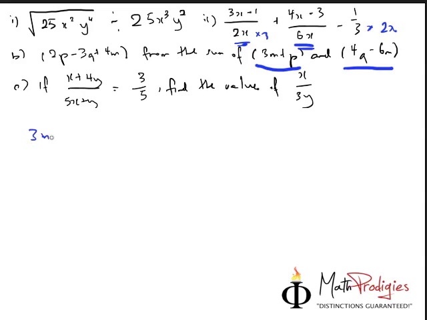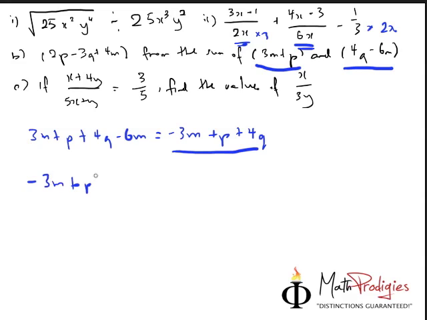So 3m plus p plus 4q minus 6m is going to give you what? You get the sum first, and you will get 3m minus 6m gives you minus 3m, plus p plus 4q. That's it. Okay, so this is the answer for the sum. So subtract this from the sum. From means what? Which one do you minus first? Subtract this from this. Therefore, you actually take minus 3m plus p plus 4q, because they ask you to subtract